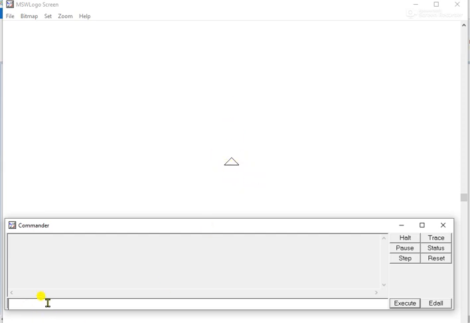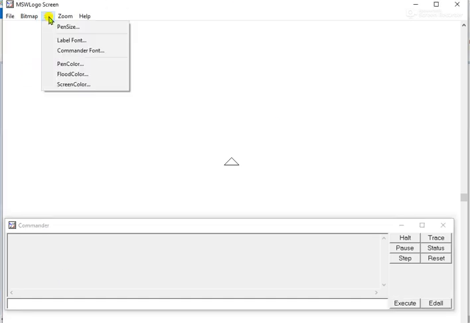So if we give the FD command, it will move towards up like this. So before you start drawing, you have to check your turtle's position and then start writing your commands.